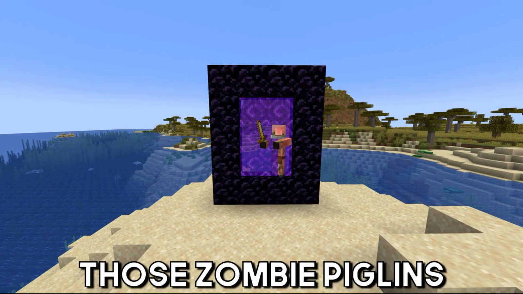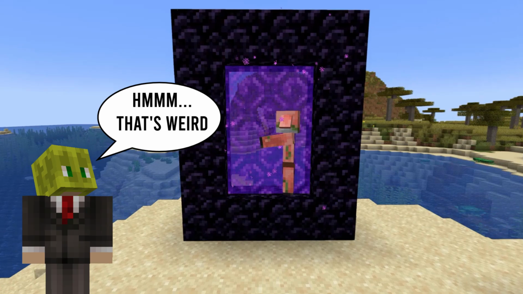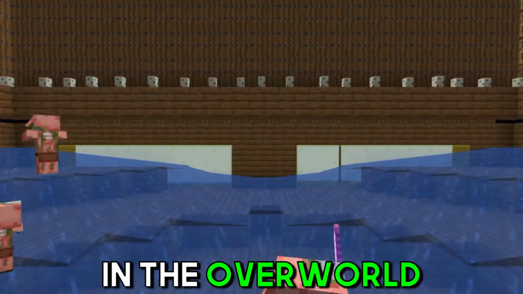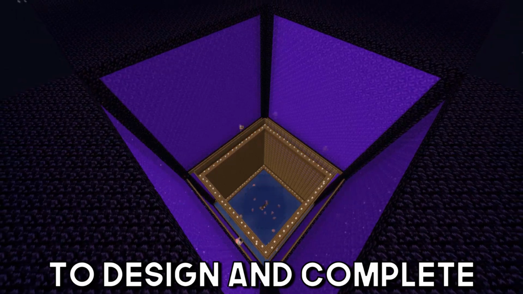You've probably seen those zombie piglins that randomly spawn inside of your nether portal and thought to yourself, that's weird. Well, today I'm going to exploit that mechanic and scale it up by a factor of 1,000 to make this insane gold farm in the overworld. This build took 20,000 obsidian and a lot of my time to design and complete, but the end product is